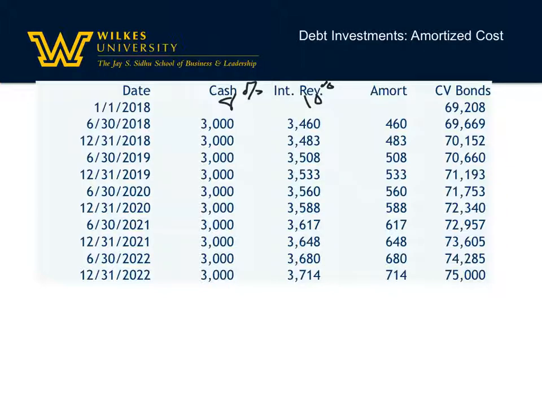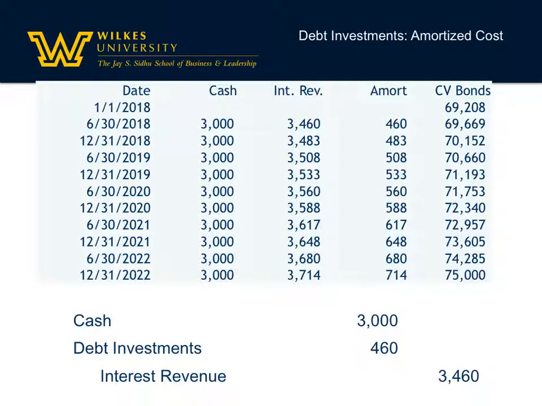Your entry at the end of the first year should be to record the cash received of $3,000, the fact you have to recognize interest of $34.60, and you've got to amortize $460. So the entry is very easy. Debit cash $3,000, debit debt instruments $460, credit interest revenue for $34.60. And that brings the carrying value of the bonds from $69,208